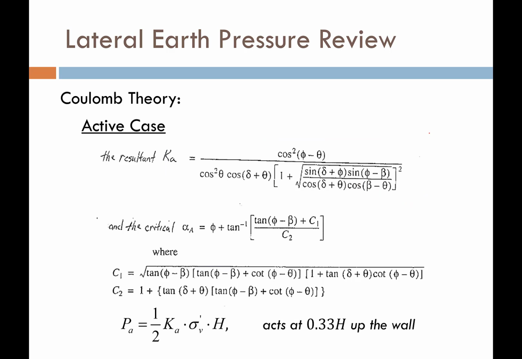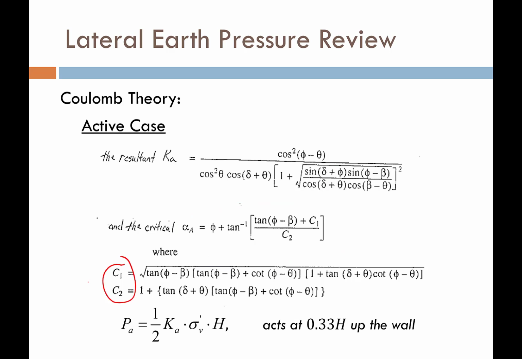And if we had some really smart people in the past who used calculus to optimize the Coulomb equation, and they found, using calculus and optimization, that we could identify the critical angle. In other words, the angle of the failure slope that always gives us the lowest resistance in the soil and the highest load on the retaining wall, and that's equal to this equation right here, where C1 and C2 are given with these